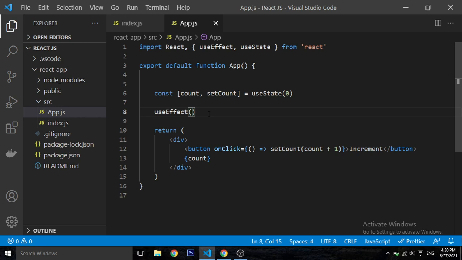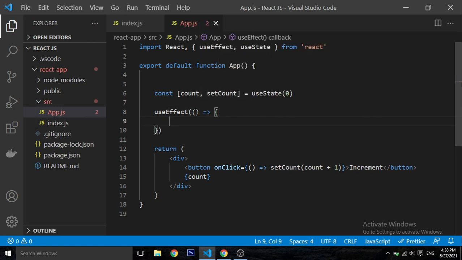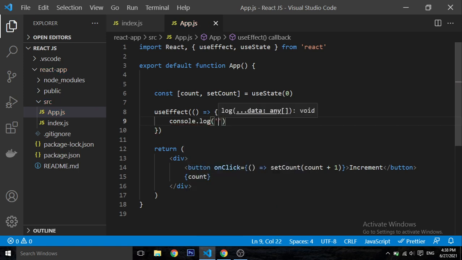Inside these braces we pass an arrow function. This is always passed. At least we want to do something more than useEffect, so you will see what I mean. So we create an arrow function, and now here I can just type console.log to show you rendered